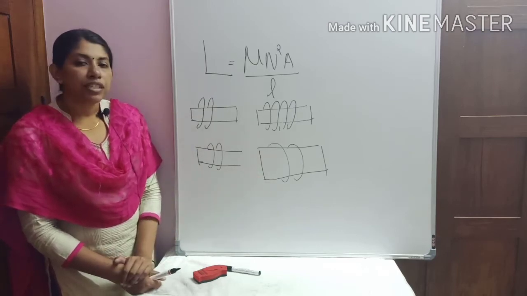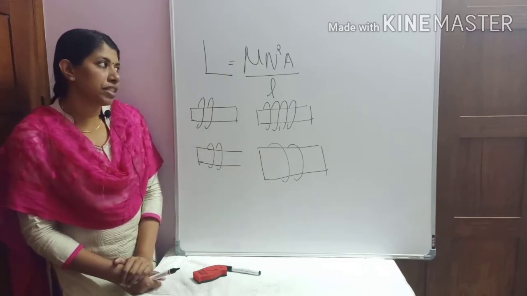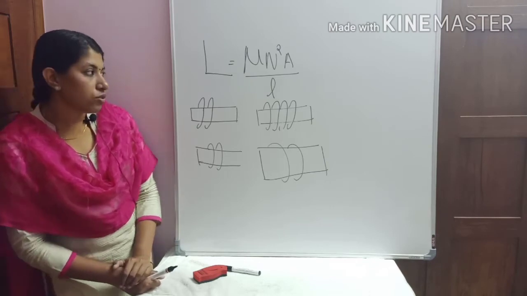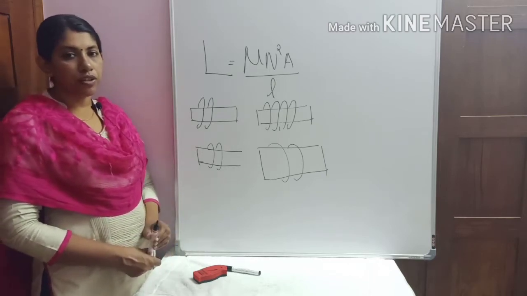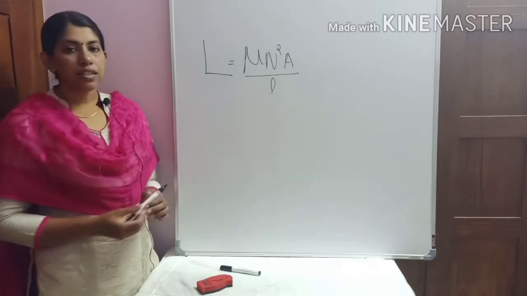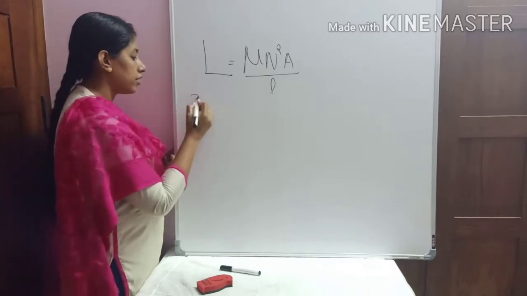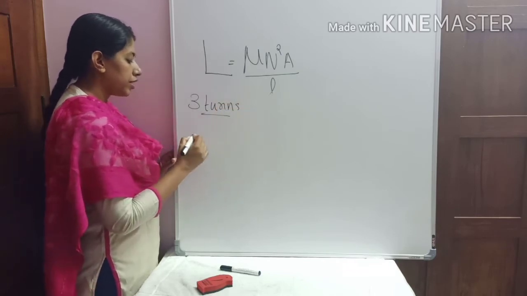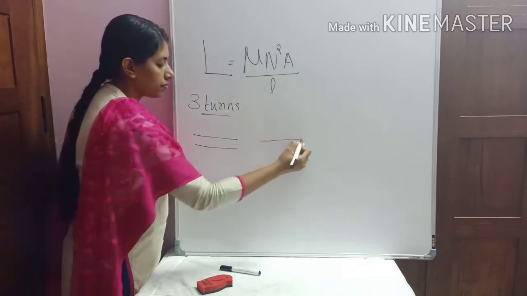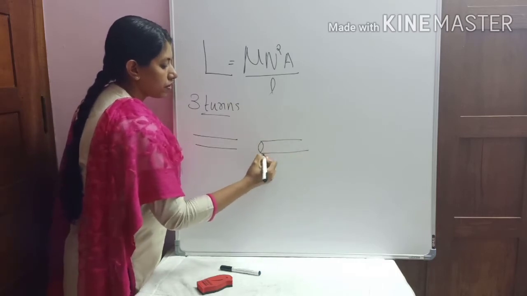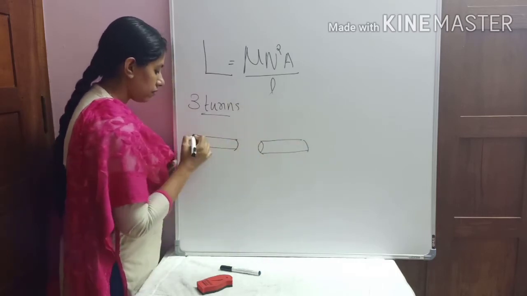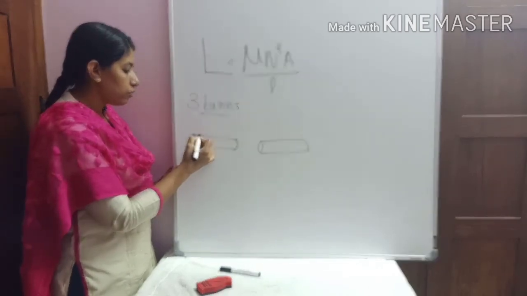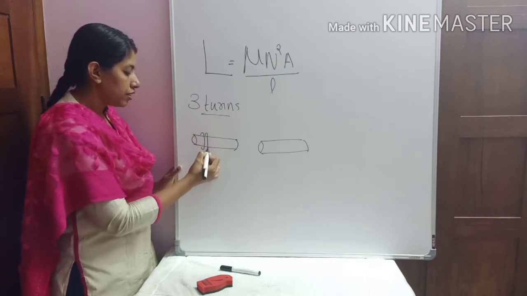Now consider the parameter l. This can be explained in a different way. Consider the other parameters are constant, like the number of turns and area of cross section are the same. Now we are going to see how it depends on the length of the inductor. Consider that the inductor has only 3 turns, N equal to 3. So we are given a small wire, and we have to make 3 turns from that wire. Then we keep the winding very close to each other, like this.